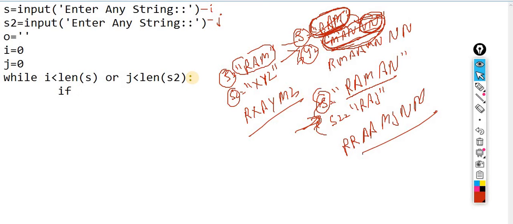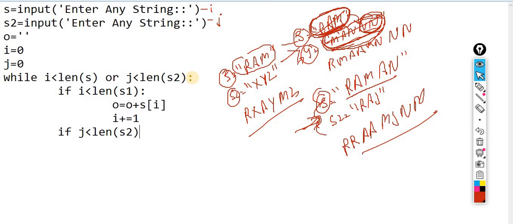If i, starting at 0, is less than len of s1, then what you have to do is concatenate: o plus equals s of i, and then increment i. Then one more condition: if j is less than len of s2, again concatenate: o plus equals s of j.